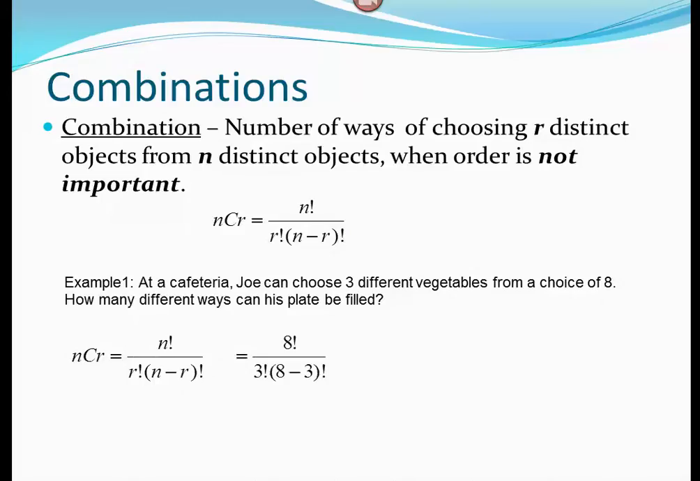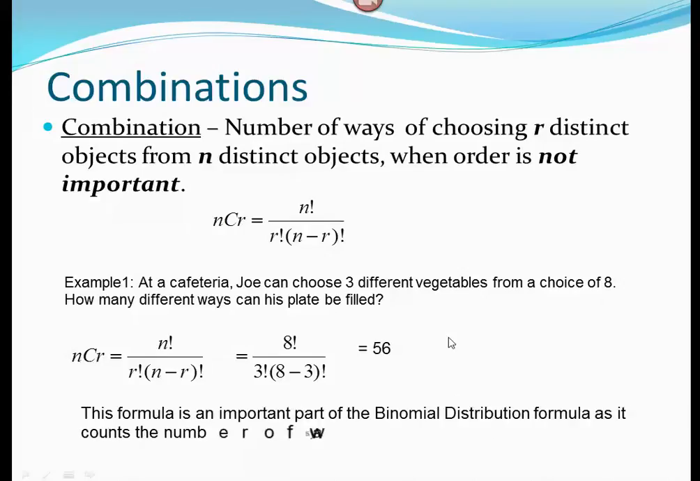All right, so putting these numbers into this formula, and I'm going to show you again how to do this on your calculators here in a minute, we find that there are 56 different combinations of vegetables, where the 3 vegetables on the plate would be different. Now, this formula is an important part of the binomial distribution formula that we're about to look at